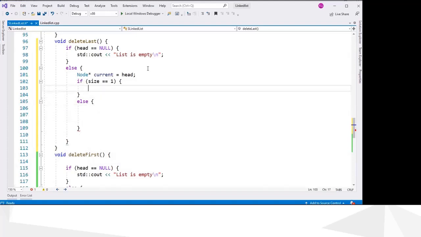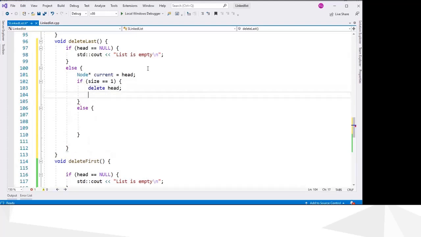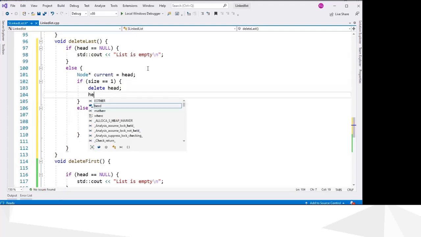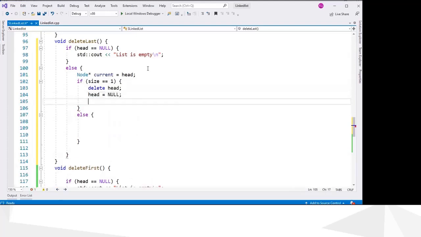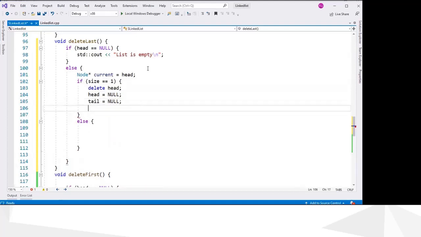Before that, what you have to do is, first you can delete head or tail, whatever, head and tail both are the same. If the size is 1, head equals null, and tail equals null, and size equals 0.